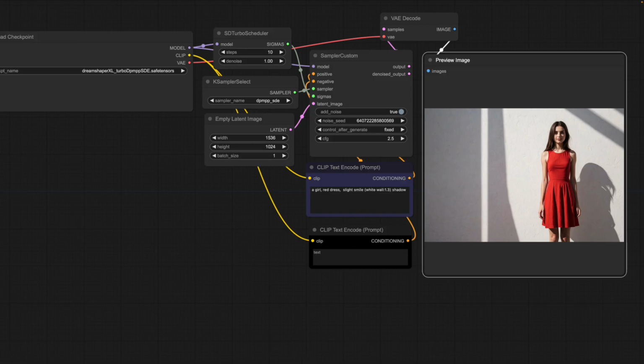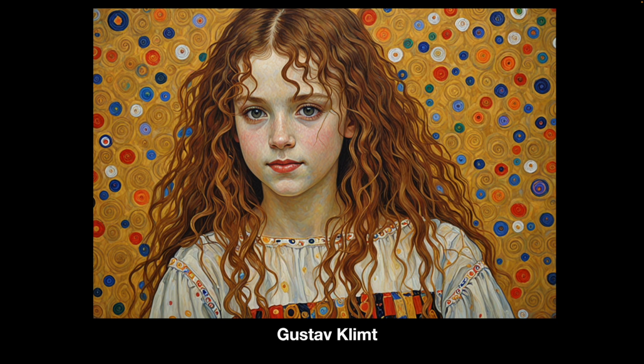You can see I've done absolutely nothing that's very exciting here. It's a basic setup with a very simple prompt. I didn't start with this prompt. What led me to this was looking at what the AI produced on a very minimal prompt, which was just a girl with a slight smile and the artist's name. So there's a selection of these.